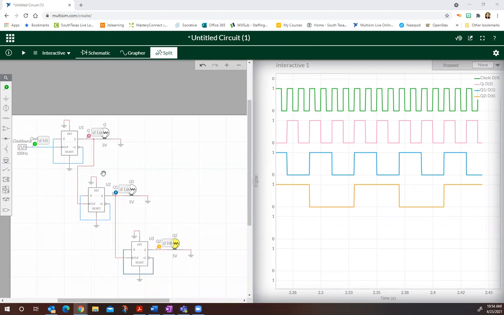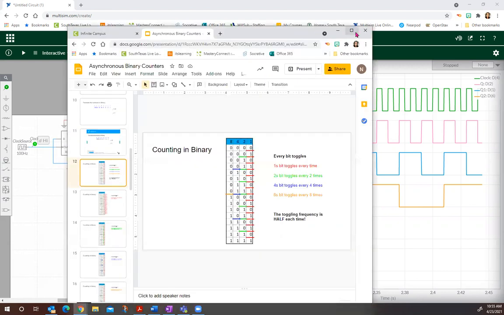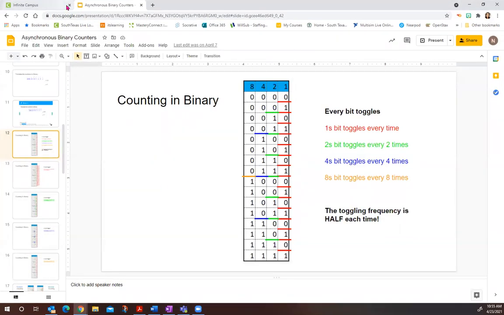Before we go over how to connect it, let's do a quick review on binary counters. So here, counting in binary, I'm going to use only 4 place values, or 4 bits, to keep it simple, but you could go up to as many as you need. As you can see, we start from 0, 0, 0, 0 and we end when it's 1, 1, 1, 1